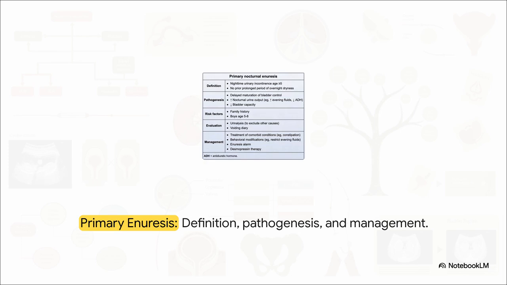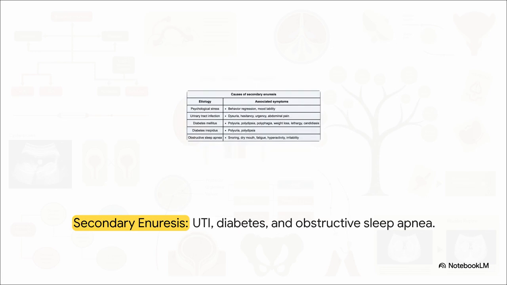The management here is stepwise. First, treat any comorbid constipation. Then limit evening fluids, implement timed voiding, try an enuresis alarm, and if needed, administer desmopressin. But if you're dealing with secondary enuresis or any new daytime symptoms, that requires an immediate evaluation. You need to look for UTIs, diabetes mellitus, diabetes insipidus, obstructive sleep apnea, bladder dysfunction, constipation, CKD, or even psychological